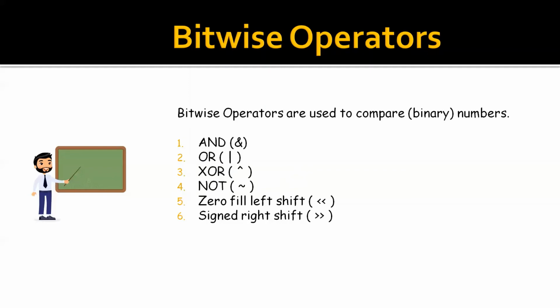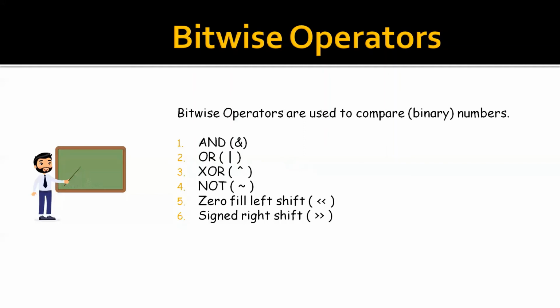By following the tables of the binary numbers, the following table lists out the bitwise operators which are supported by the Python language with an example. So here you can see there are a total of 6 types of bitwise operators. First is the binary AND operator. This operator copies a bit to the result if it exists in both the operands. Then we have the binary OR operator. It copies a bit if it exists in either operand.